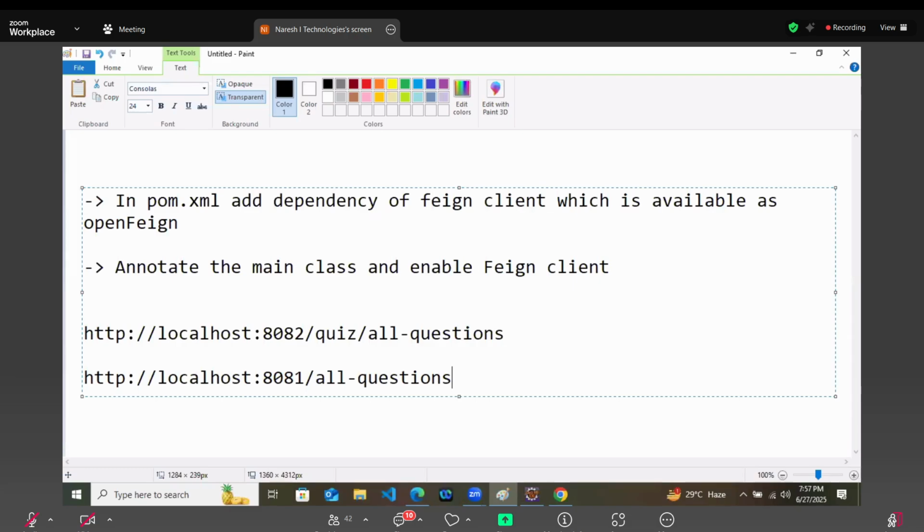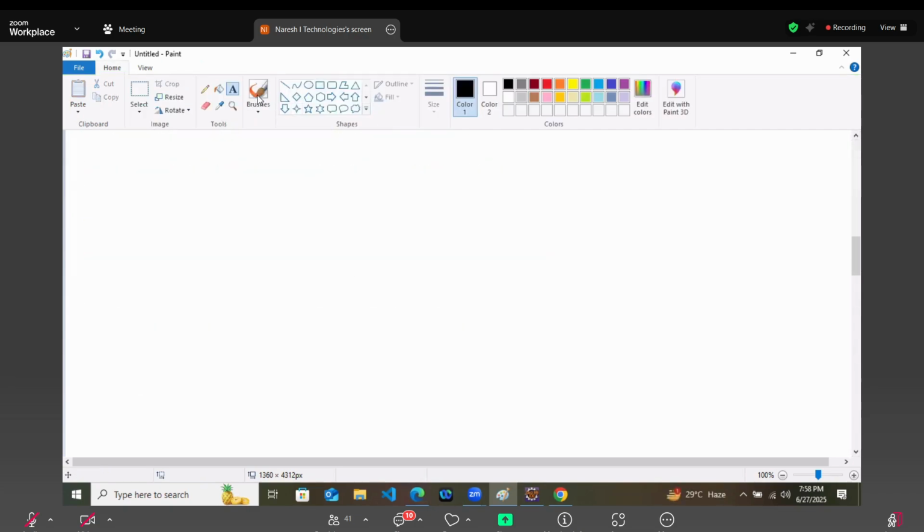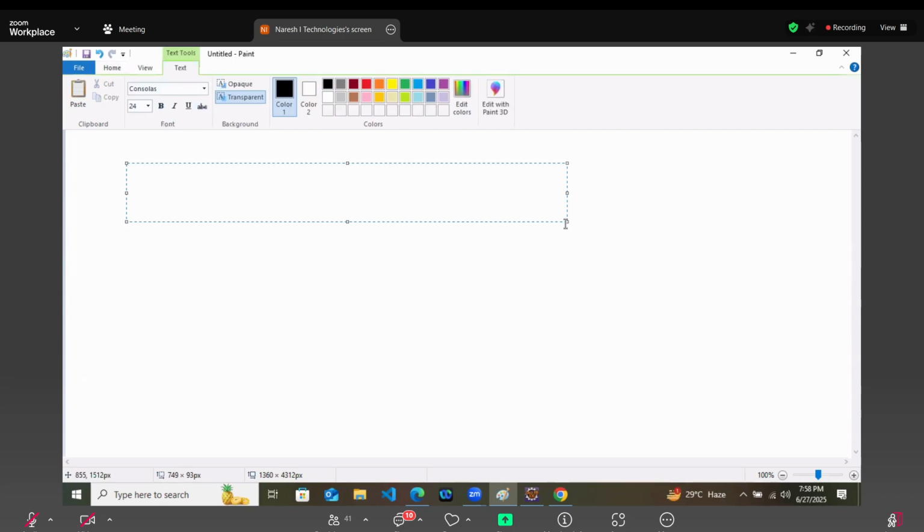RestTemplate is the oldest method. We don't use it now. Even if we use it, not that much. So you have to work on Feign client, and that is how it is. Now you are asking the data from 82. Now let's take the case of e-commerce. There will be one URL slash all products from where you will get all the products. Then there will be a URL slash product ID